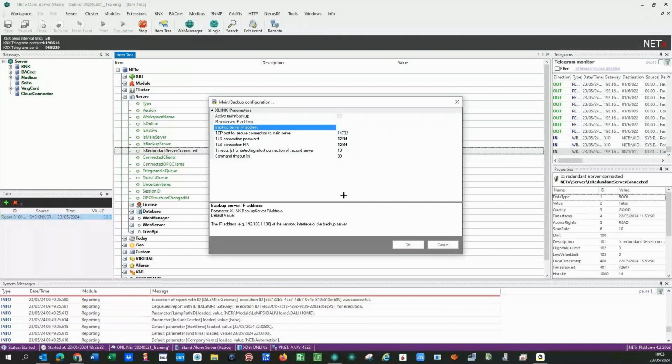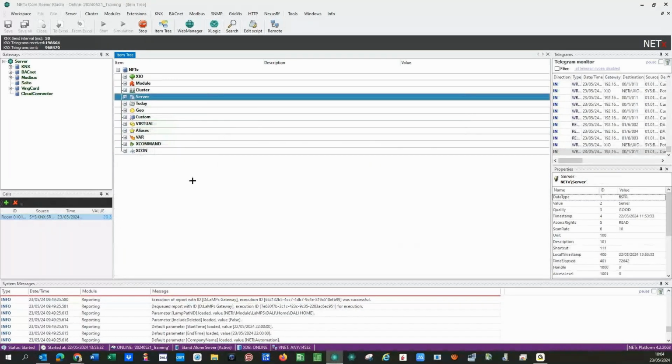30 seconds, no more than 30 seconds it takes. Really simple. But the system is automatically synchronizing all the data points by default. All the data points are synchronized, so the item trees are identical if you have the same workspace. Of course, you have to export the workspace in the server you are working with and import it in